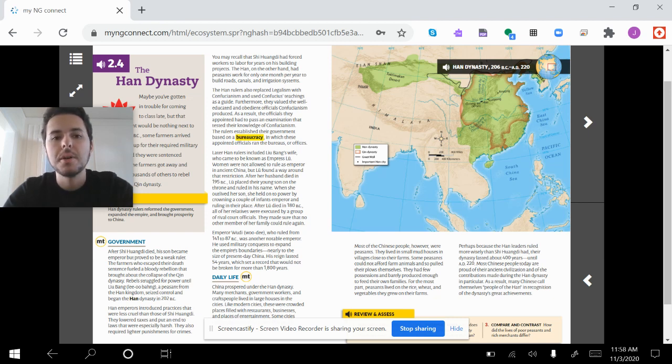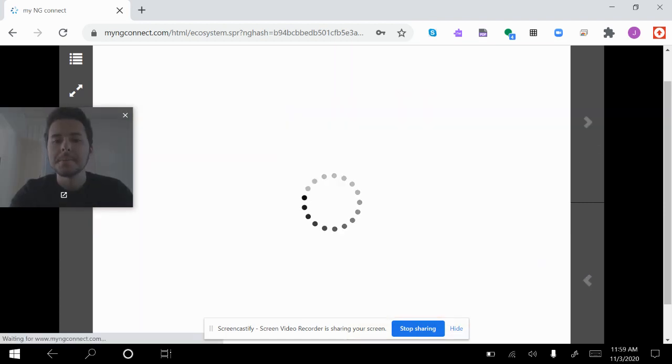And so again, the Han Dynasty is kind of the first great Chinese dynasty. It lasts for about 400 years, and to this day, many Chinese people still call themselves people of the Han because this was kind of the golden age of the dynasties, where they just had a lot of great achievements.